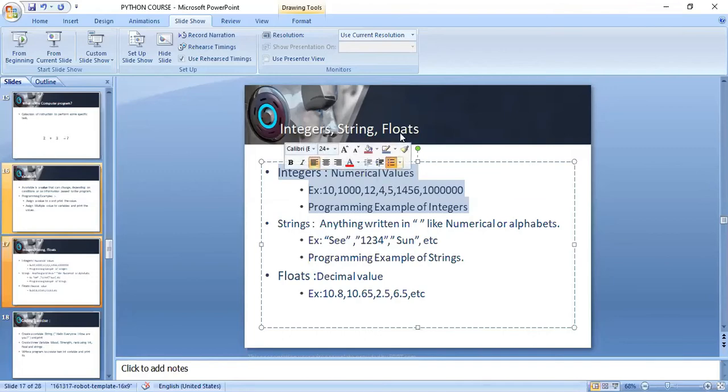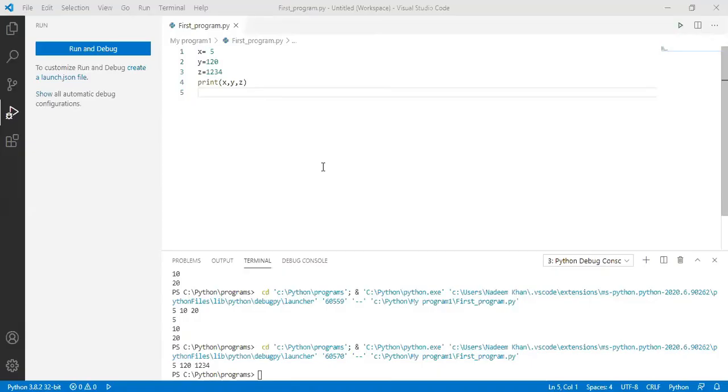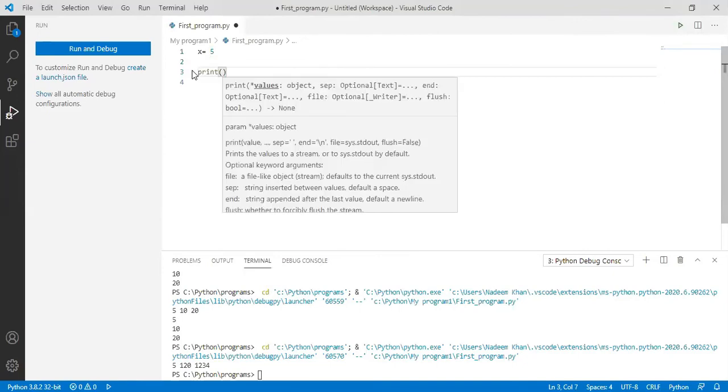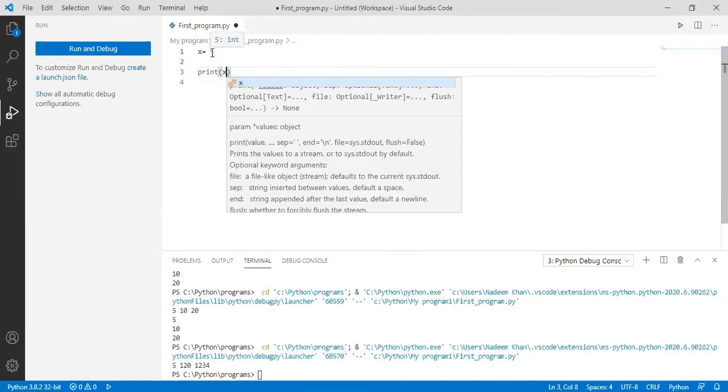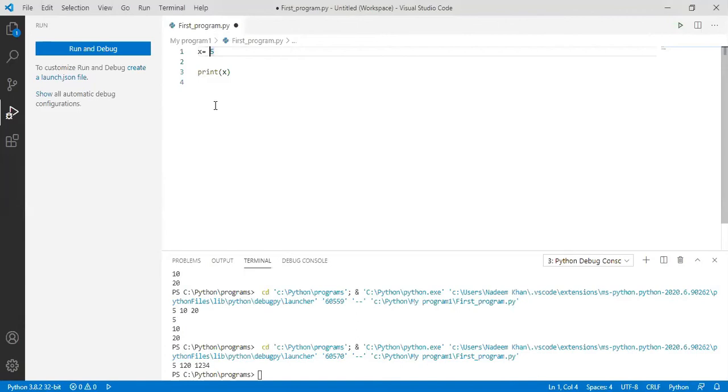So let's see in the program. What is the value here? Is it an integer? Some say no, some say yes, x is an integer.